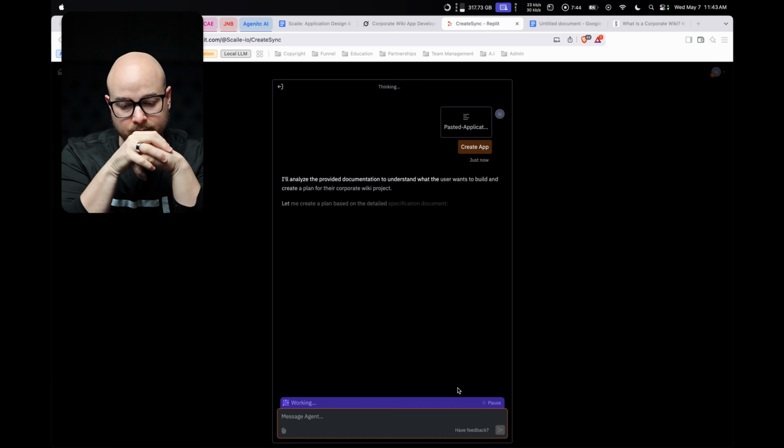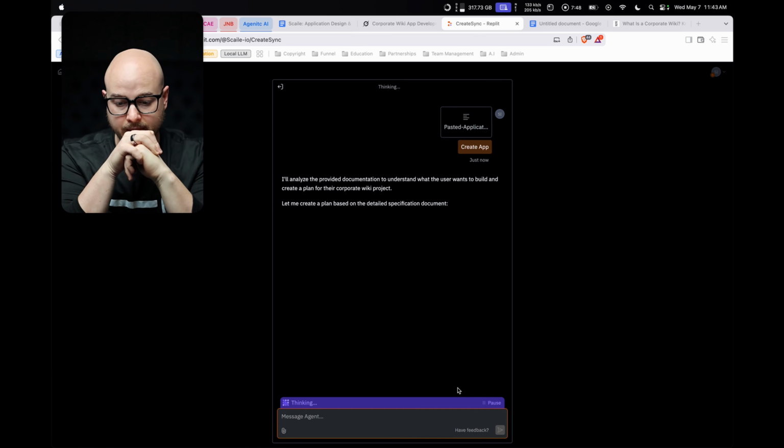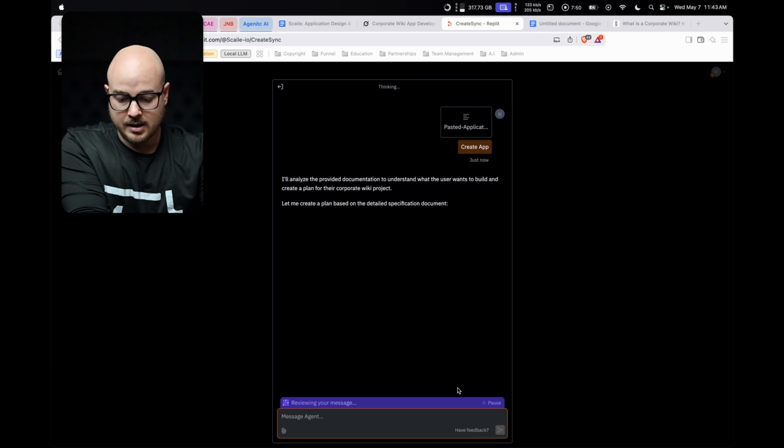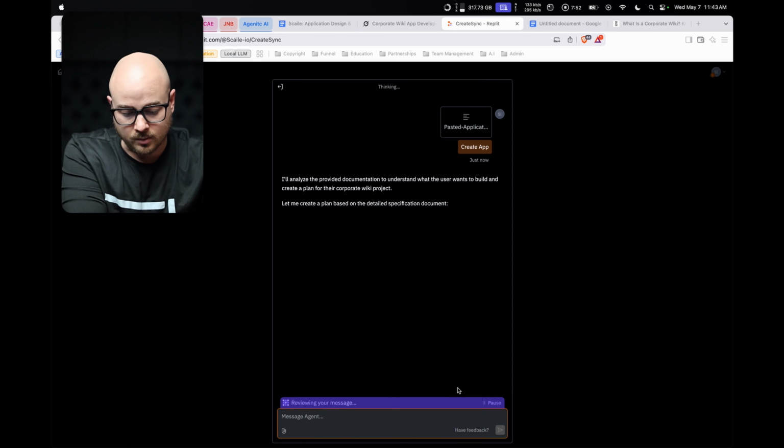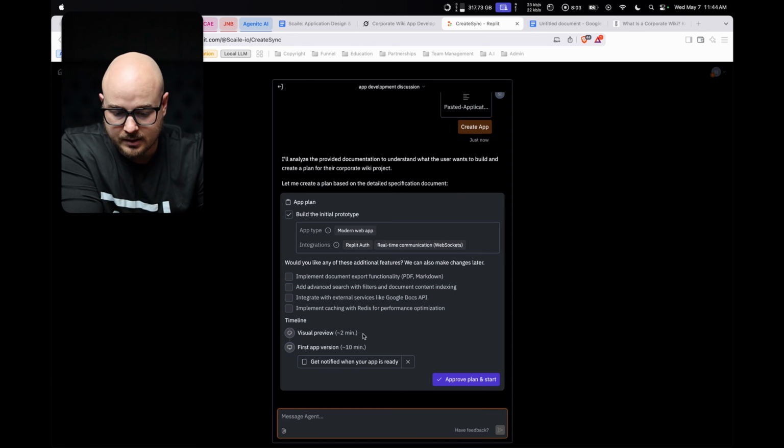So what's currently happening, as you'll see, Replit is analyzing the documentation, and based on that, it will propose a building structure that it's comfortable with. And that's something we can then confirm and then allow the agent to start doing the work. Right, Replit is done. It analyzed the entire outline, and it also asked me, would I like to add any